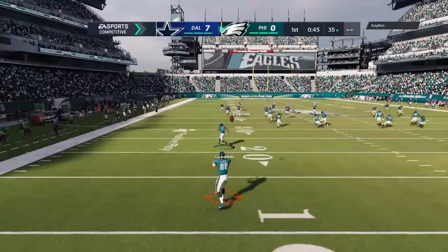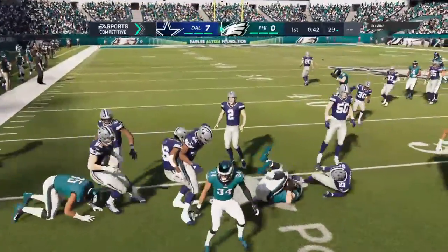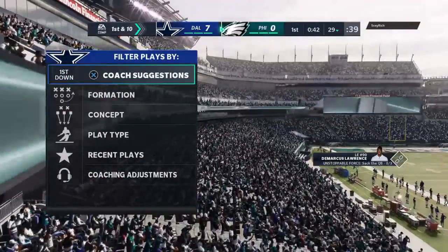That's the exclamation point. Now, flip it over defensively. They've got to slow that down somehow, right? Maybe they need to be a little more aggressive. Maybe a few more pressures towards